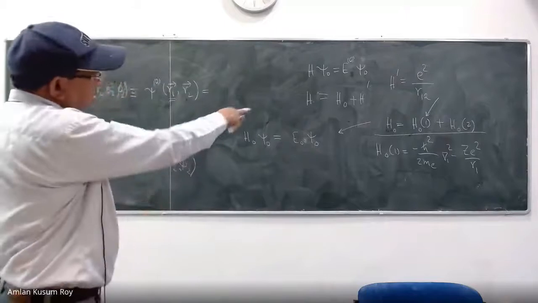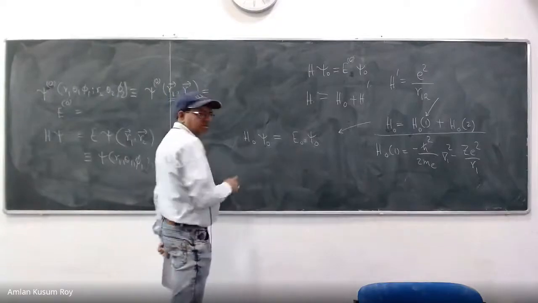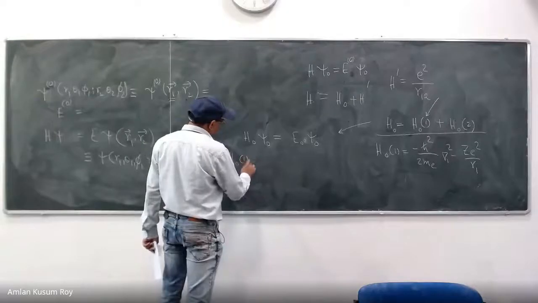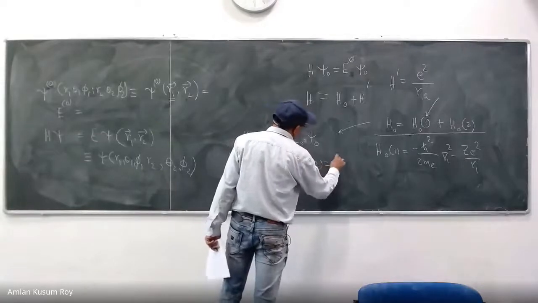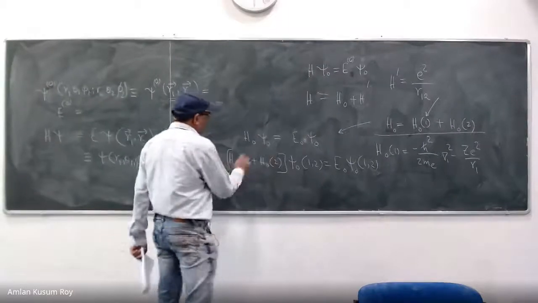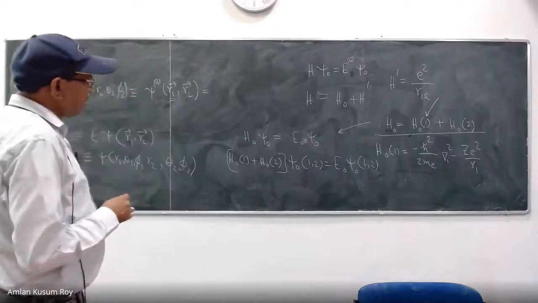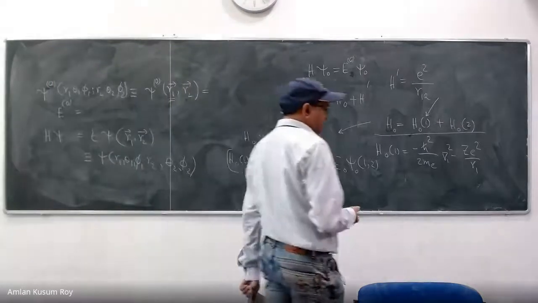Now you tell me, I have written H0 there for you. H0 has two components, so you can write H01 plus H02, for the first electron and for the second electron, right? Psi 0 (1, 2) equals E0 psi (1, 2). I can write this. Now what is the solution of this equation? That is what I am asking, because this is my starting point, right? If I have a confusion in my starting point, does it make any sense?